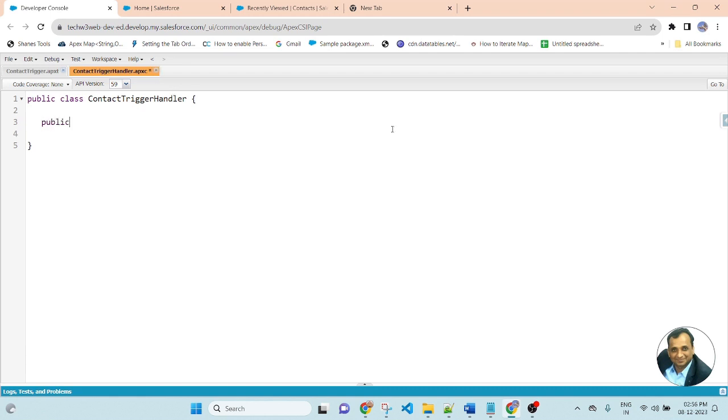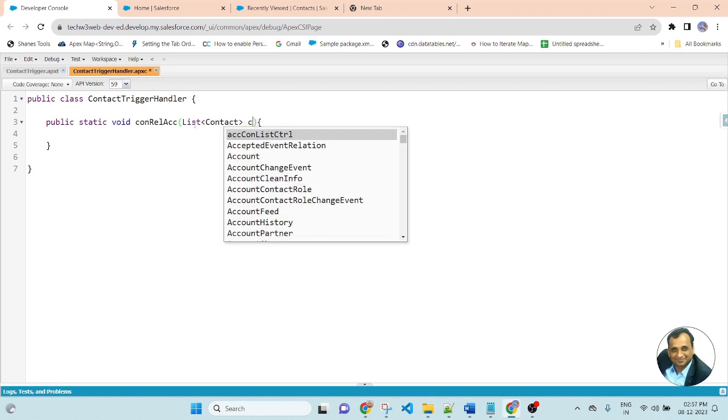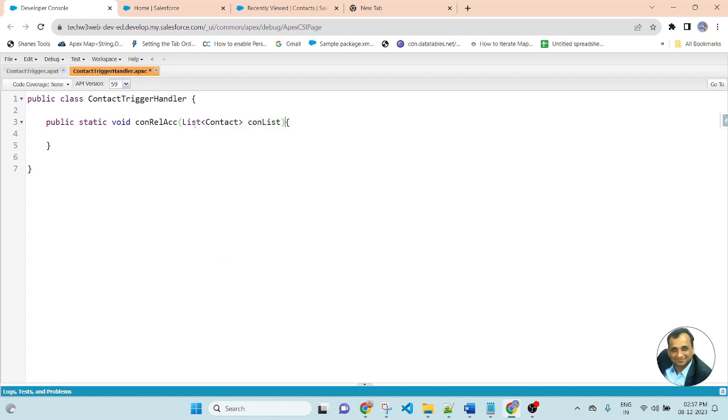Public static void, write the name of the method, update related account, bracket and curly bracket. Inside the bracket, we will pass a list of contact as the parameter. List of contact, conList.